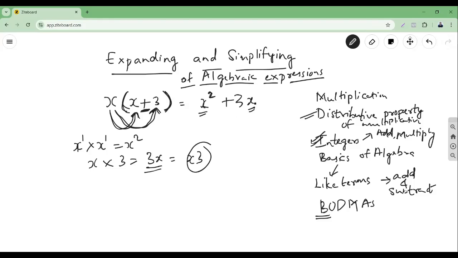Though the variable is same, like if you have watched in my previous video, basics of algebra, I would have explained why these are not like terms, right? X square, the power is 2. X means the power is 1. So they are not like terms. So there is nothing more to simplify it. So we have expanded it, and that's the end of the story. Okay. Now